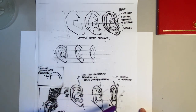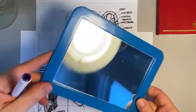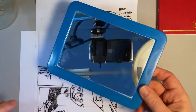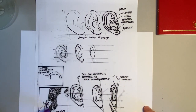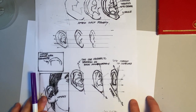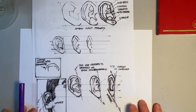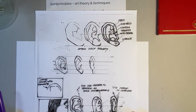And then these ones were, I got myself one of these drawing mirrors. Well, it's a drawing mirror for me, but I guess it's a shaving mirror, you know, cheapo. And so look at myself, or if you get two of them, you can create more angles for yourself. And I was drawing myself in an upshot, and I was trying to look at how my own ear turned. So you could see the change in the forms. And that kind of gets into something I'm going to talk about here. I'm going to circle around this whole topic, but